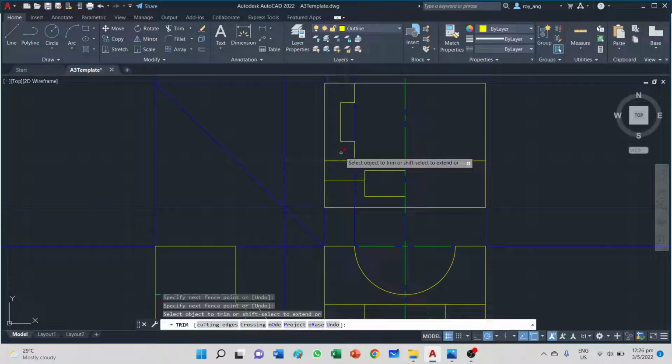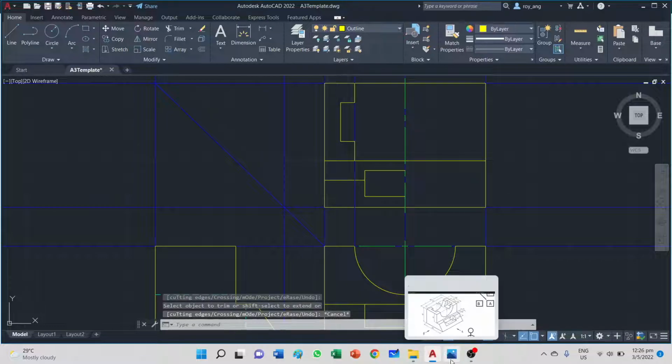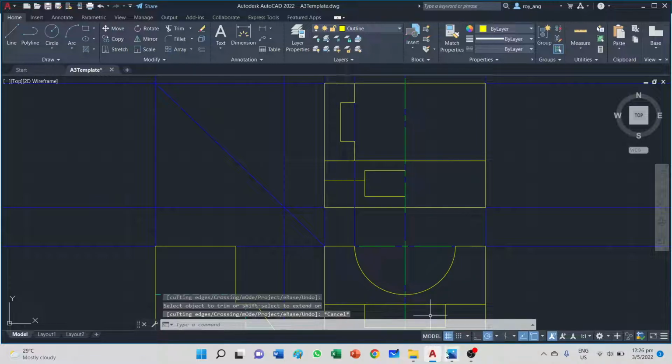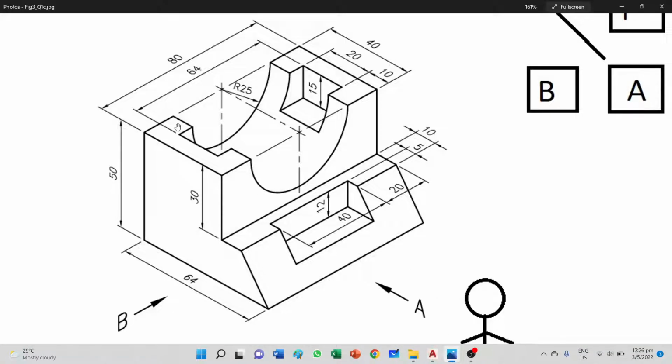I'm going to trim this away. Okay, and as you can see, this is the cutout. This is the C that I was trying to draw just now. Can you see that? Right, this is the C that I was trying to draw just now, and I've just completed this. Okay, now the next thing I know is that there is a cutout here, and